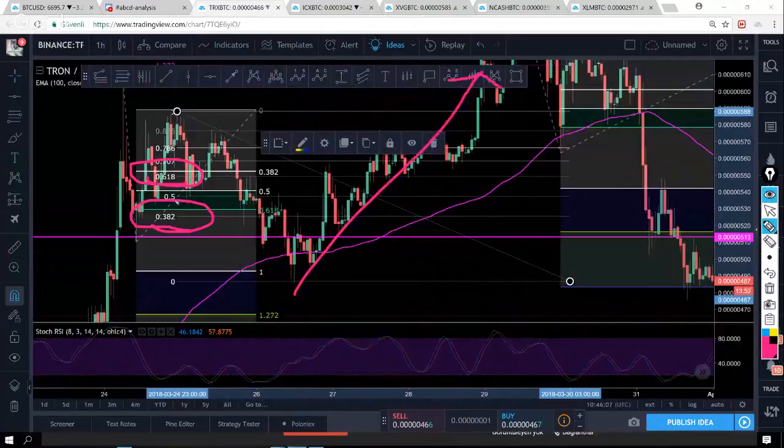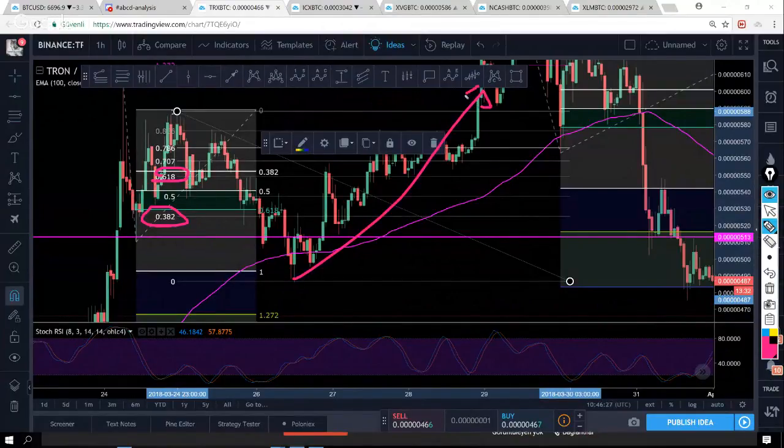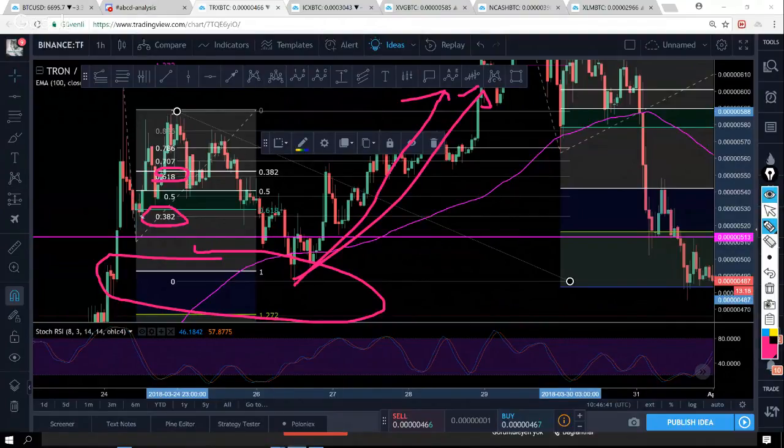No one can say here is the reversal, here is the reversal. We cannot say that because the targets of ABCD patterns are not reversals. It's just guaranteed trade targets. You can hold the coin because you buy from a good place. You can buy the altcoin from a good point. You can hold, I don't know, and you can use these two parts, and you can cash out half of